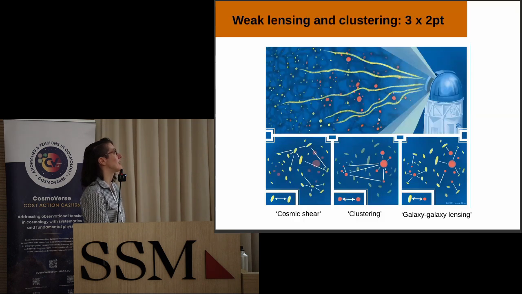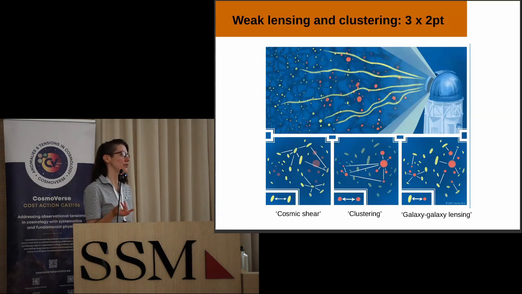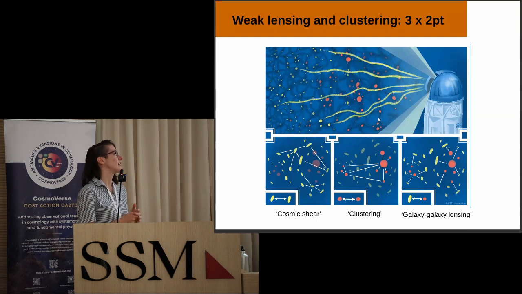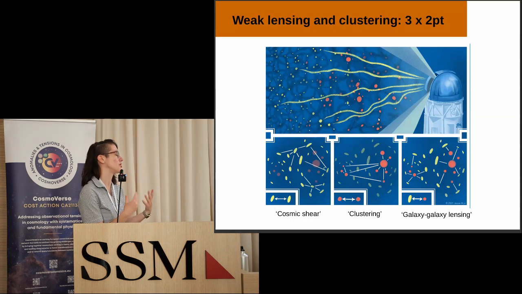So I'm going to talk about weak lensing and clustering, and I'm going to talk from the perspective of 2-point statistics. I think maybe Lila will speak a little bit about higher order. Sorry, Lila, if that's not your plan. But I'll talk about 2-point statistics. This is basically trying to extract information about weak lensing and galaxy clustering using statistics about pairs of galaxies. Again, I know most people might be familiar with this, but just as a refresher,